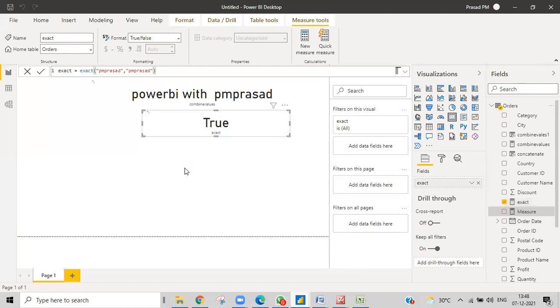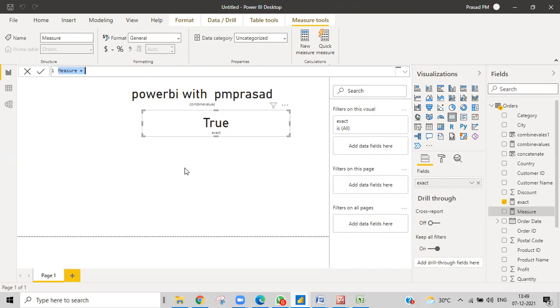But in a real-time example, how would we use this EXACT measure? We don't write this function individually; we write it in combination with other functions.